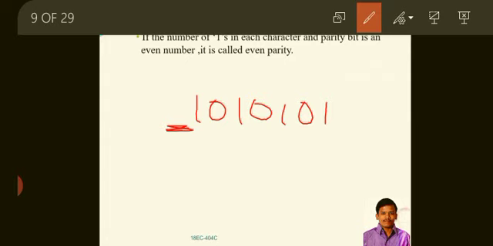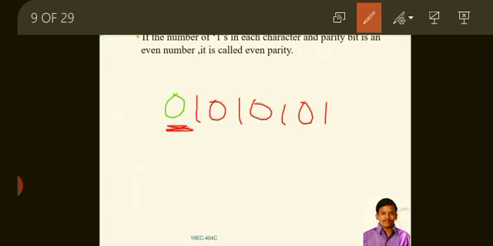In even parity, as we said, the number of ones in each character, including the parity bit, must be even. Here already 4 ones are there, so it is an even number. To satisfy this condition, the parity bit must be 0. So this is one example of the even parity method.